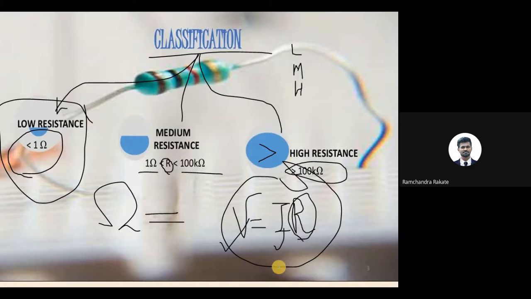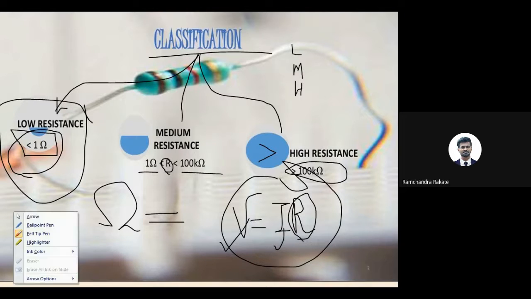In this topic, we will look at the different methods used for measurement of low resistance, and the methods used for measurement of high as well as medium resistance. Now, if the value of resistance is less than 1 ohm, then you can say